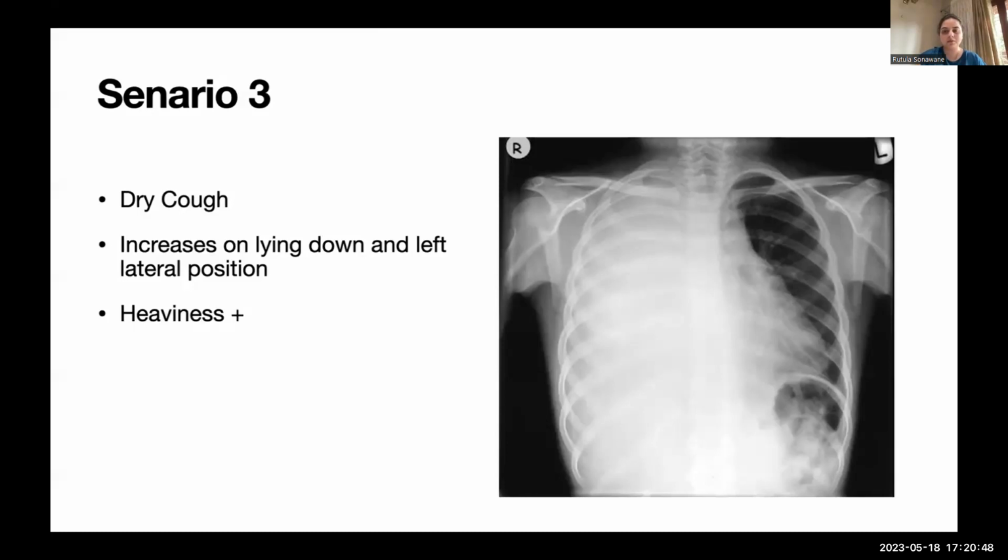Pigtail is possible. The only problem with a pigtail in malignant effusions would be that if it is a hemorrhagic pleural effusion, it might just get blocked. So you might have to change the pigtails a couple of times before it's drained completely. And if we are planning to do a pleurodesis post pleural effusion drainage, then we have to put an ICD